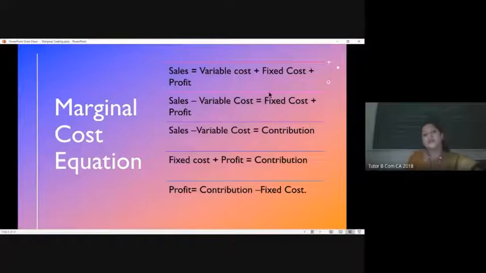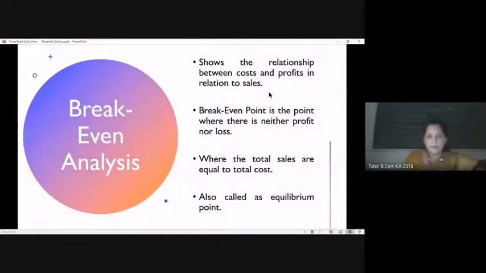Sales is nothing but variable cost plus fixed cost, that is the sales value, is equal to variable cost plus fixed cost plus profit. This is the primary equation of marginal cost, which we have to remember always while we are solving problems. And I know that some of you are already familiar with the term break-even analysis,